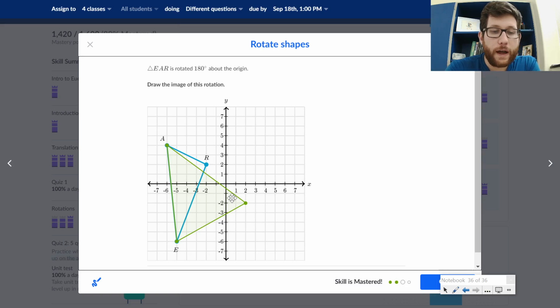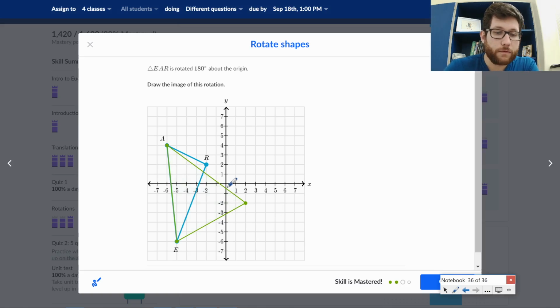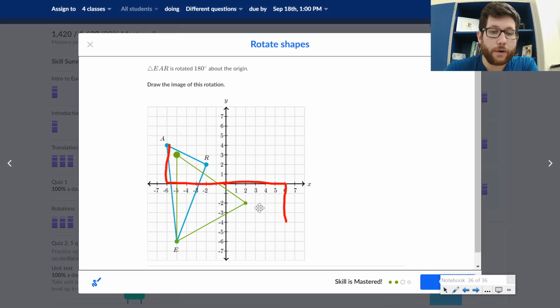All right, let's check this one. I went over 5 or over 6, up 4. Once again, kind of sketch out our lines here. Over 6, up 4. Over 6, down 4. That's going to put me right about there. And then the last one,